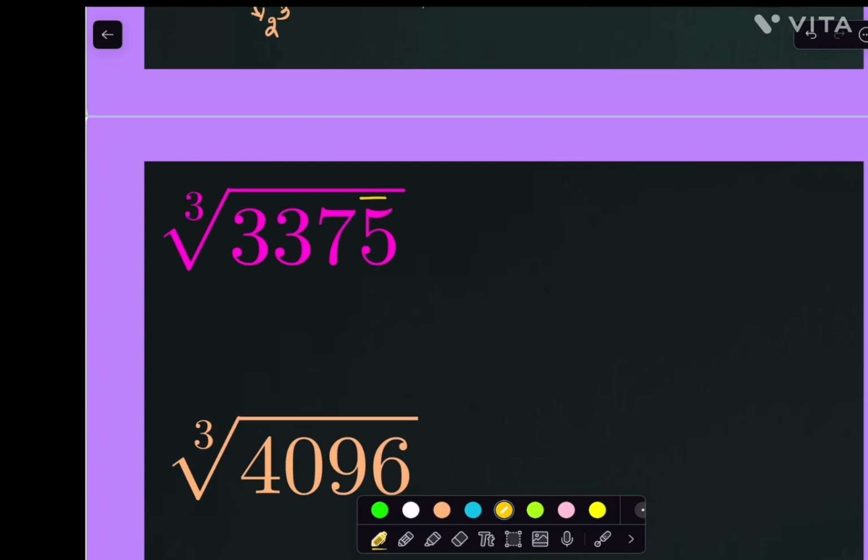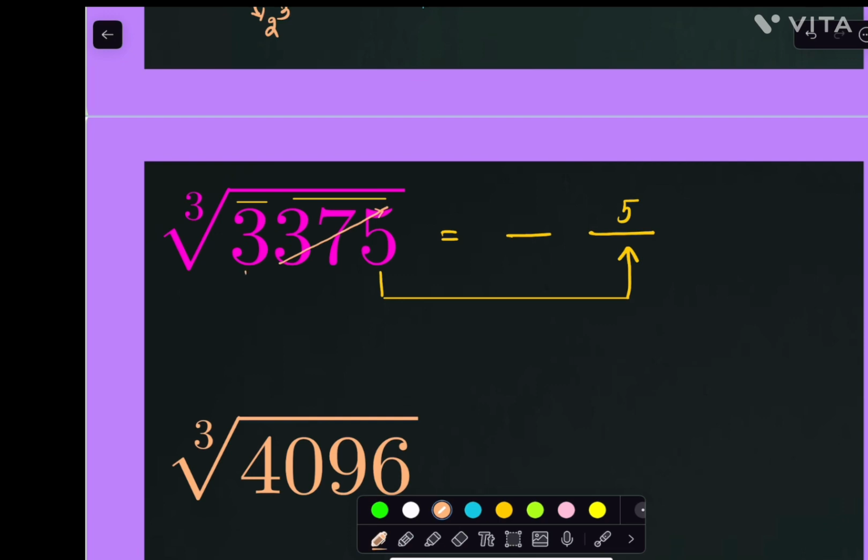In this fashion we can find the cube root of any number when it is a perfect cube, right? Now here also the same thing. So mark bars on 3 numbers from right to left, right? It contains 2 bars, so your result is what? A 2-digit number, right? Now how to estimate it here? If the number ends in 5, its cube root value definitely ends in 5, right? This is completed. Now we are looking here, right? Now these 3 digits we are discarding because of the unit digit calculation.